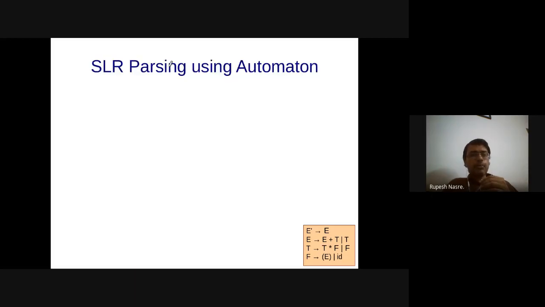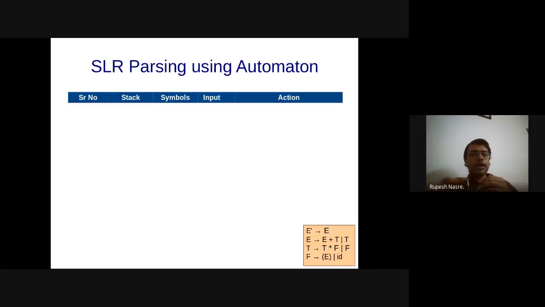So the SLR parsing using this LR0 automaton, that is our first thing, let's come back to our shift reduce concepts. We said that it is going to use a stack and the input. These two data structures are going to get used, and depending upon what the stack state is and the next input symbol, I am going to decide what action to make. Essentially the actions are going to be shift, reduce or accept. We are going to run that on a particular input. Our favorite input was ID star ID, so let's do that.